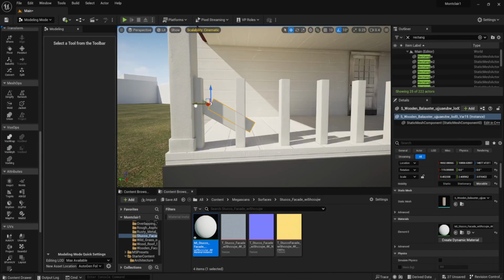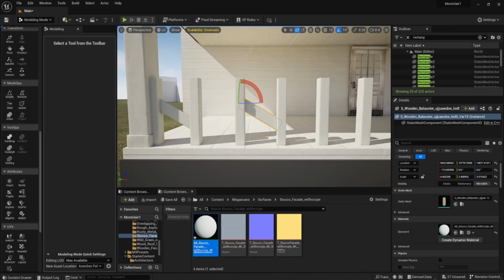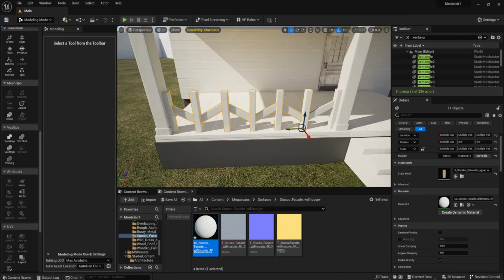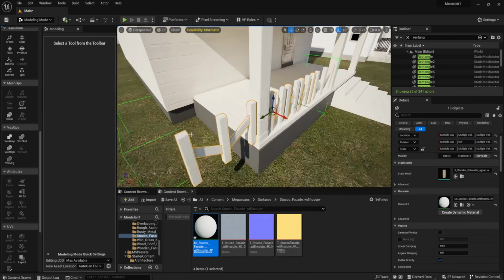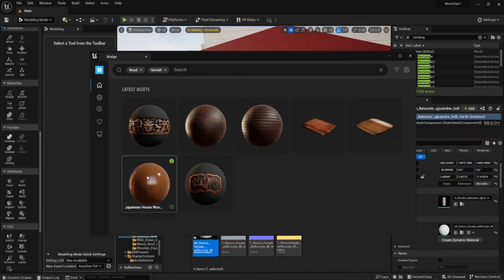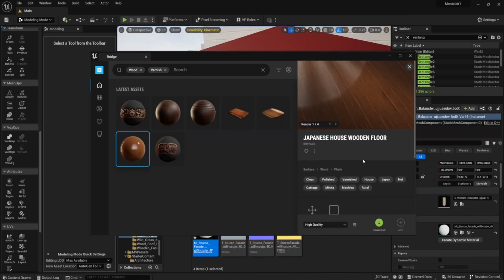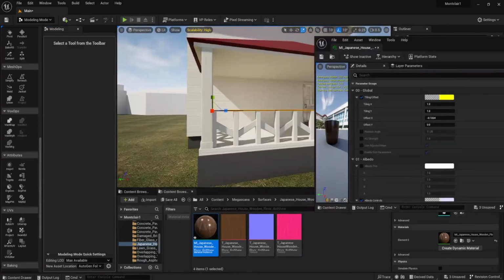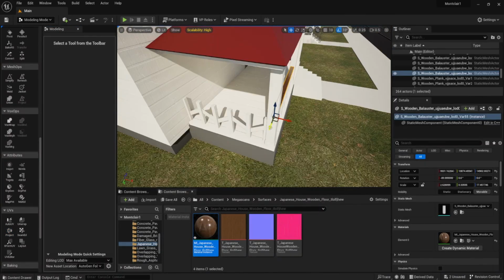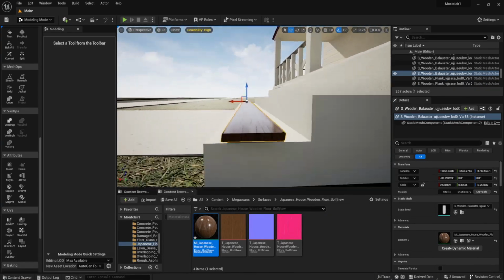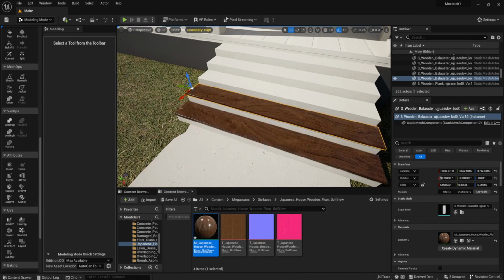I originally tried to download a similar looking fence that's seen currently in real life, but I didn't find anything similar, so I just decided to model it myself. It looks quite similar to what is being depicted here, kind of like this. And then I got a Japanese house wooden floor texture. It's a very glossy wood texture. That's going to be like the railing for the fence, and I copied and pasted that same board for the stairs,